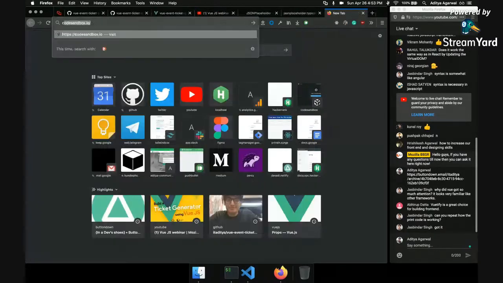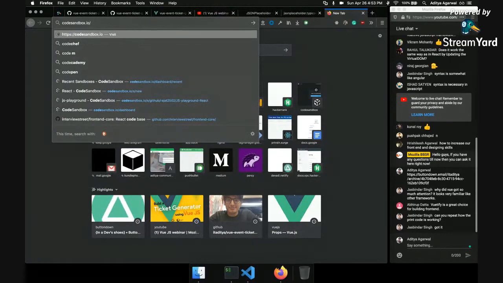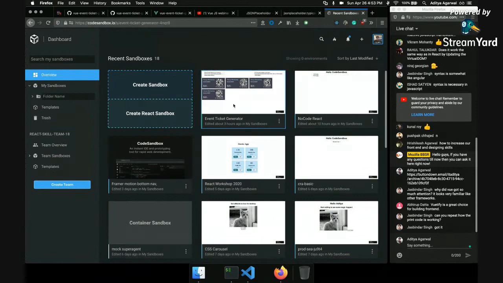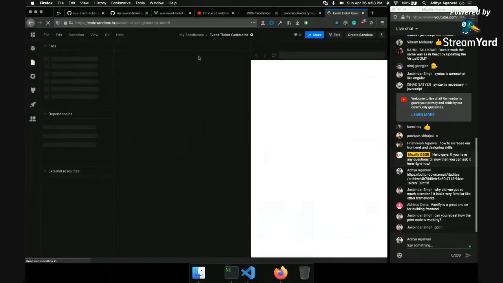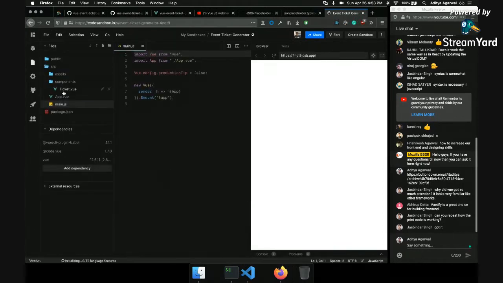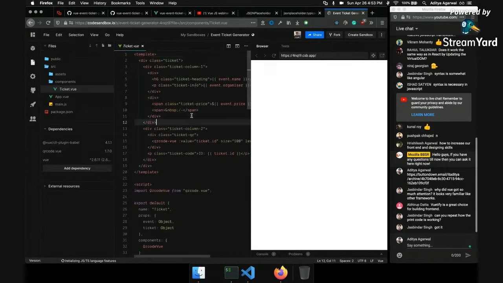Okay, so I can show you this tool as well. This website is called codesandbox.io, and here you can see that I first built this application here. With codesandbox.io, if you want to experiment with anything, you can just start writing here, and it will show up on the screen.